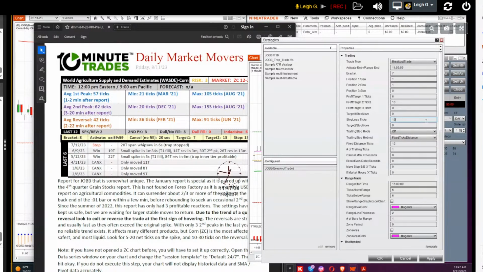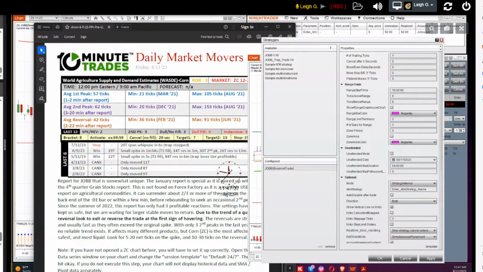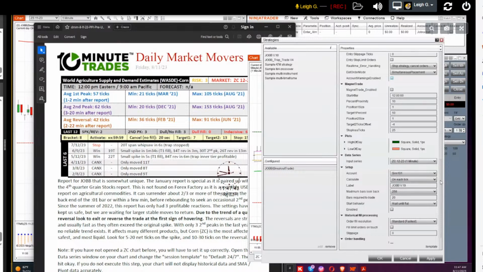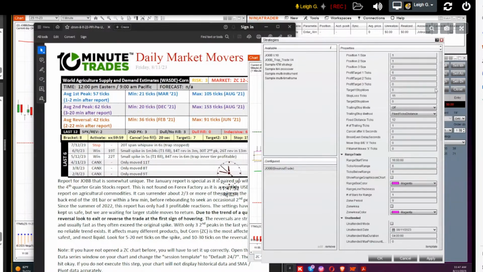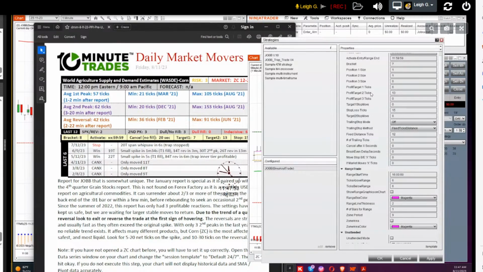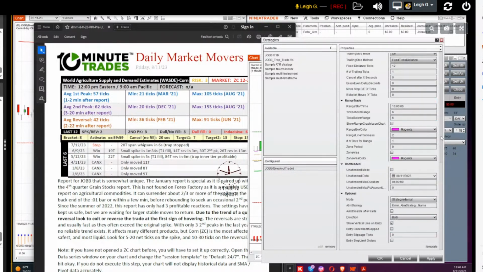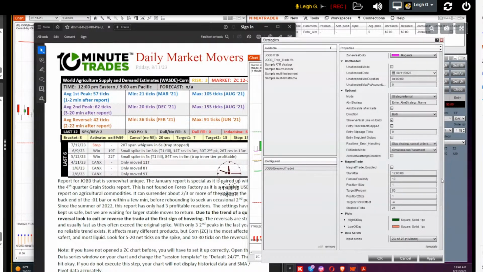And I'll do the same thing. Make sure you turn off your account warnings. I'll do the same thing. If it hits my first target, I'll use that target 1 stop move, because it's possible we could get a reversal, break even minus. Break even minus 3 ticks, stop of 15. Account warnings are off. I'll check my brackets here.